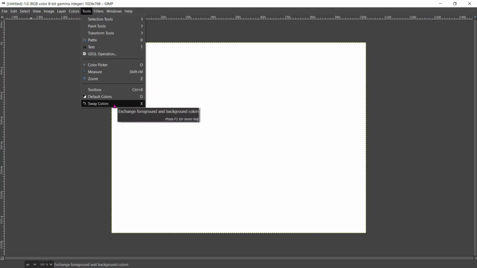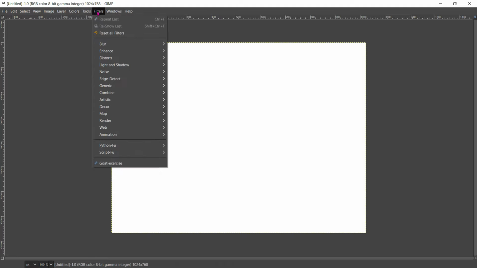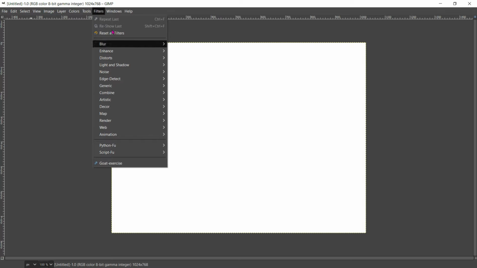And then swap color, we can swap this foreground and background color by pressing X. Then we have different color tools: color balance, color temperature, saturation, exposure, levels, curves, many options are available.